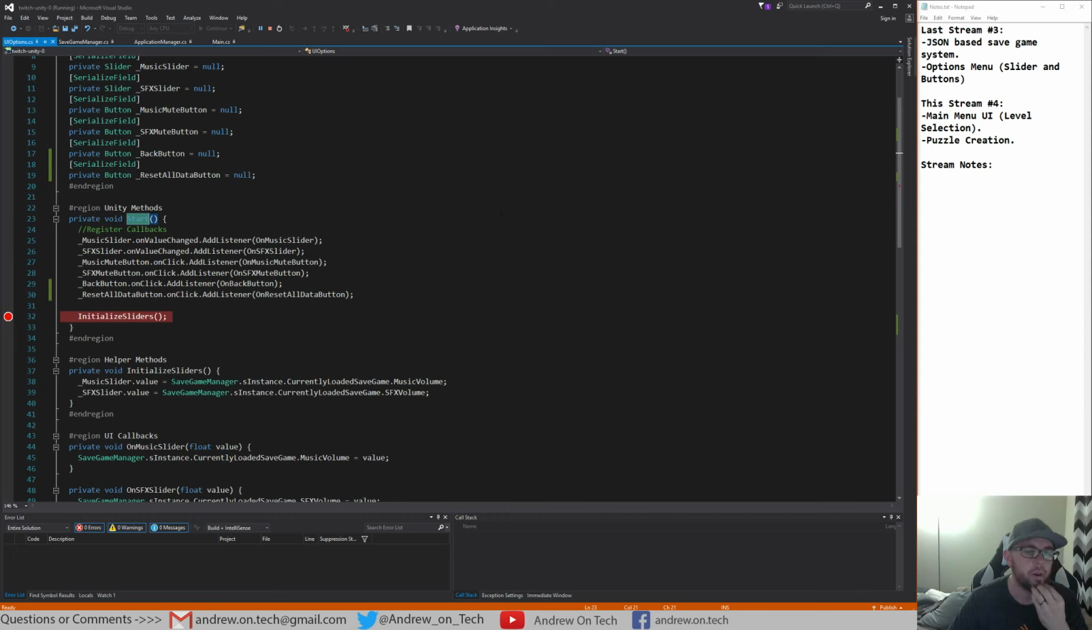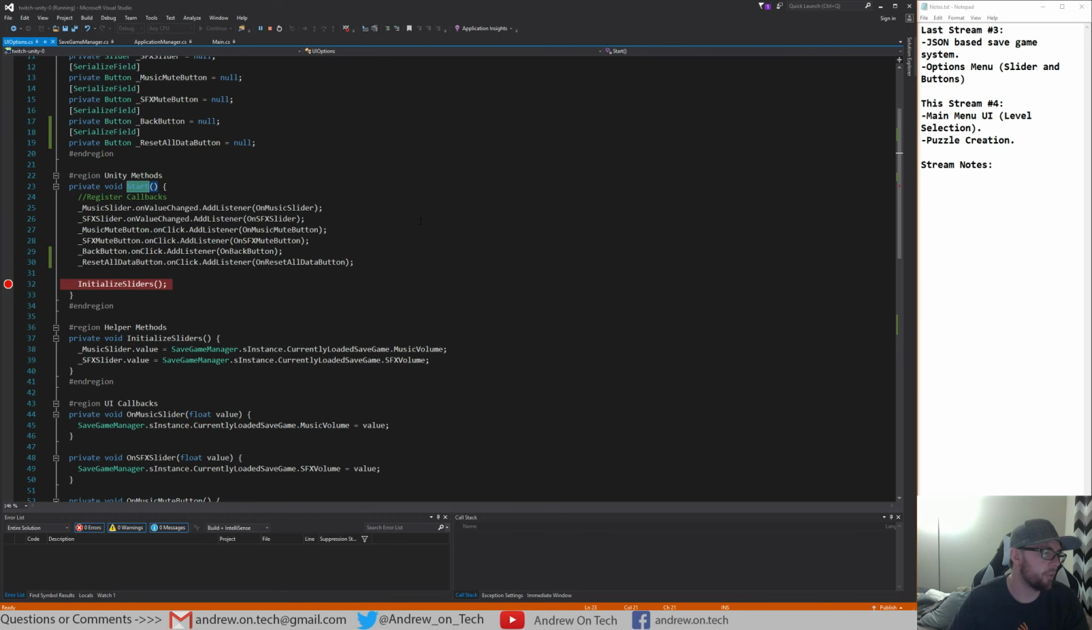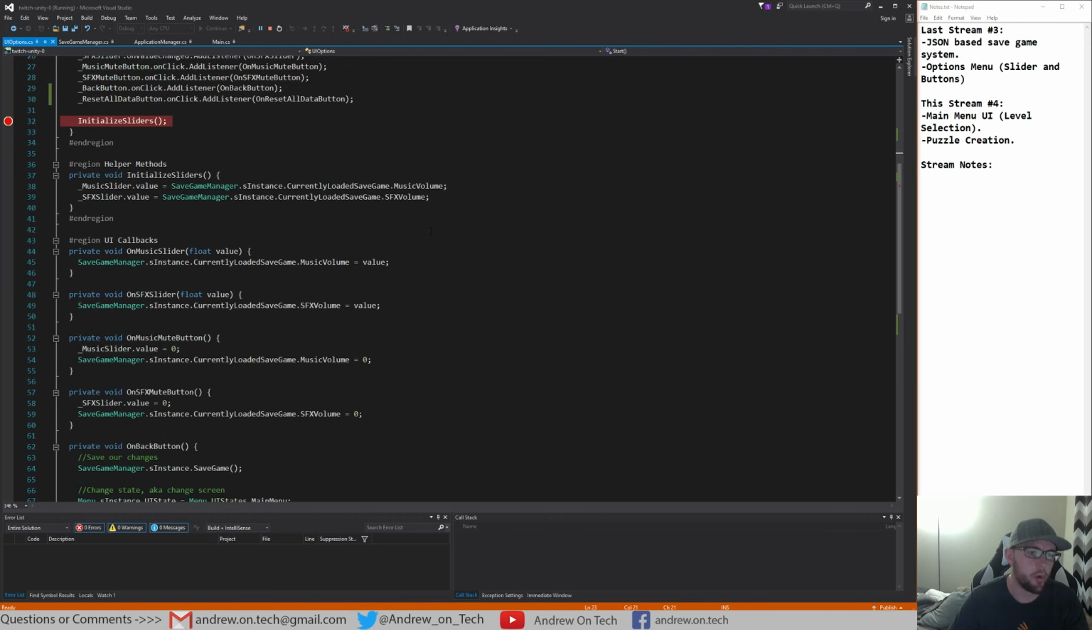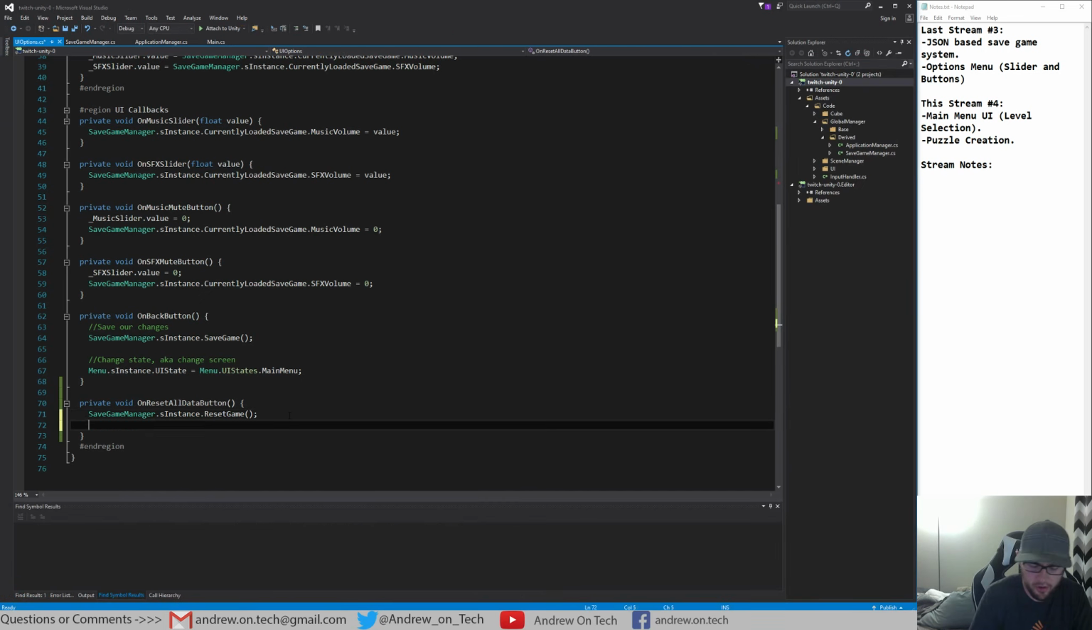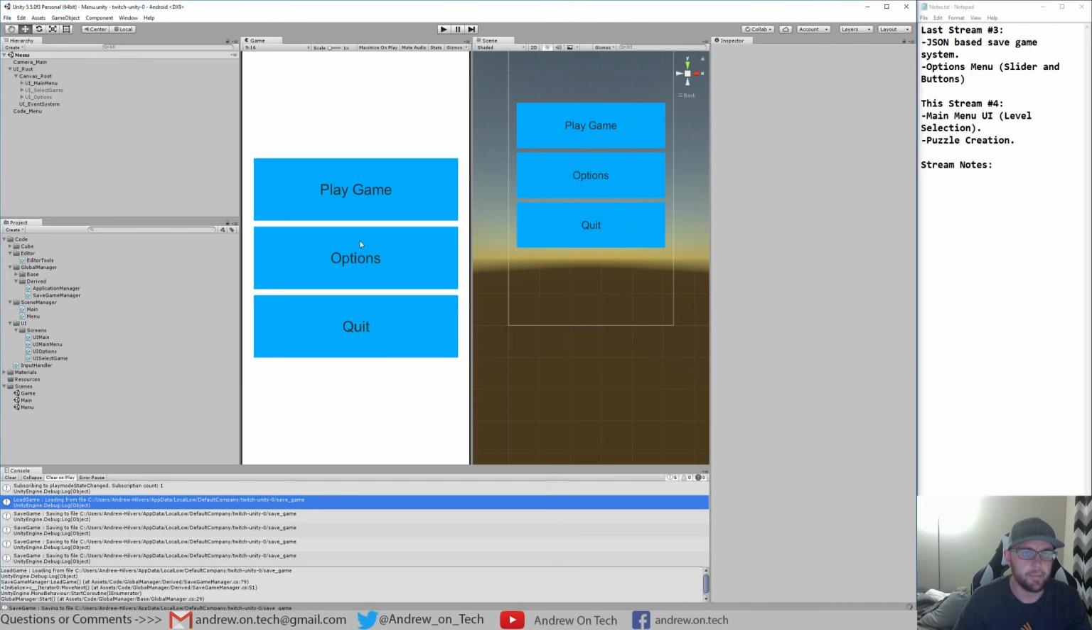I'm debating whether I want to change this or not, because there's a couple different ways to solve this problem. Number one, I can solve this problem by changing on reset all data button to also call initialize sliders after we reset the game. I need to stop debugging. So I could call initialize sliders here, and if I call initialize sliders here, in theory, when I hit reset all data,